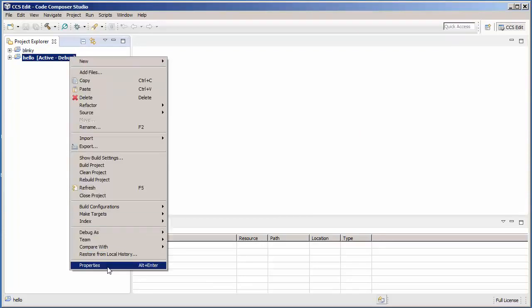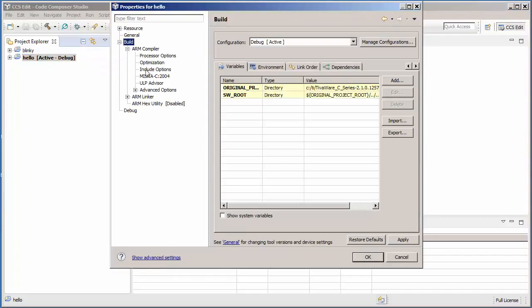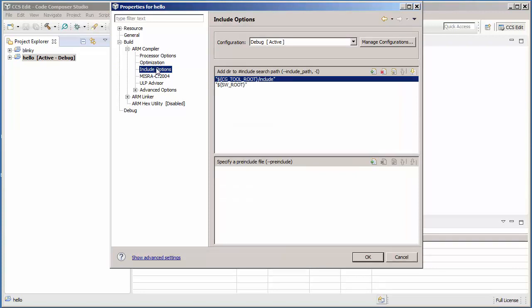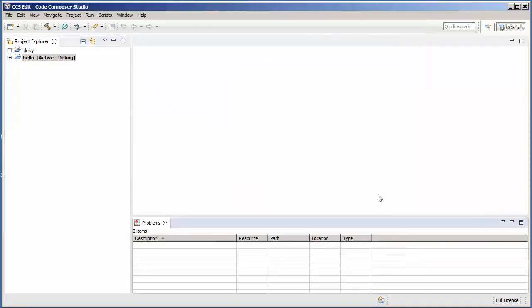Similarly, if you want to use the variable while setting compiler options, for example, while setting include path options, this would be the syntax you would use. These are a couple of examples of using other variables for setting include paths. And if you wanted to use the variable that you just created, you can use that in a similar fashion here. So that is how you can easily create and use